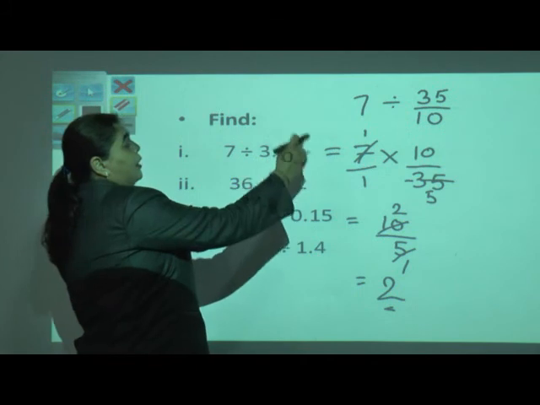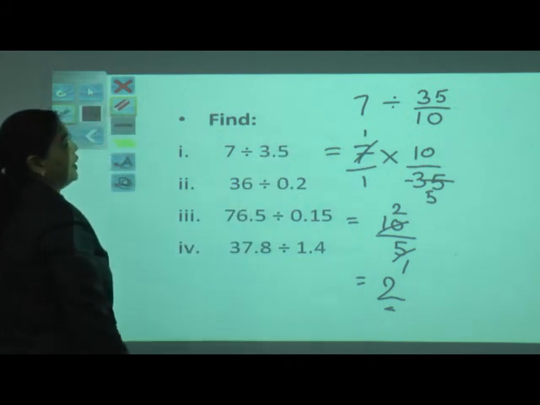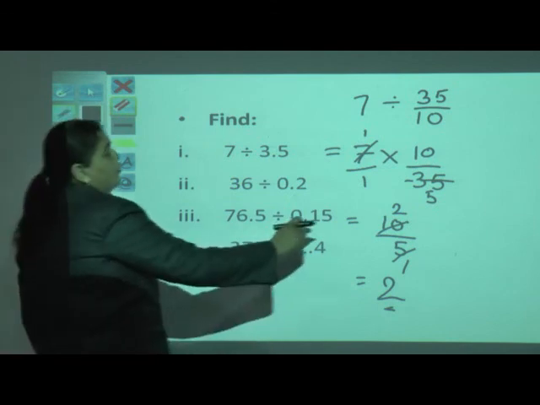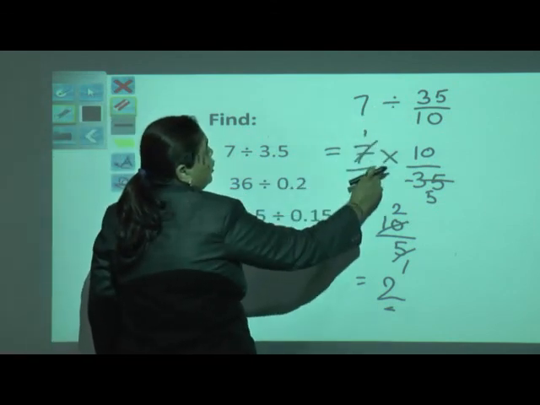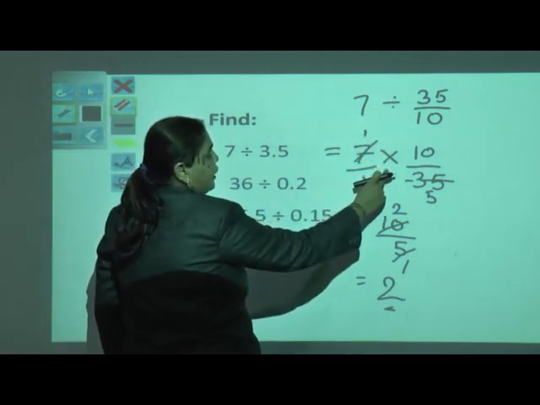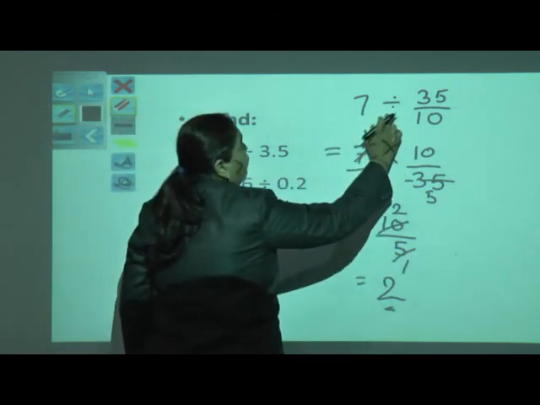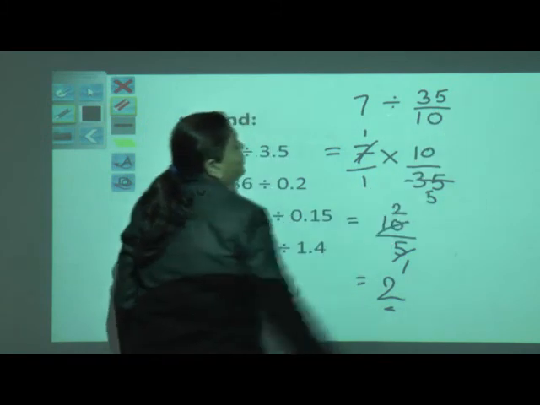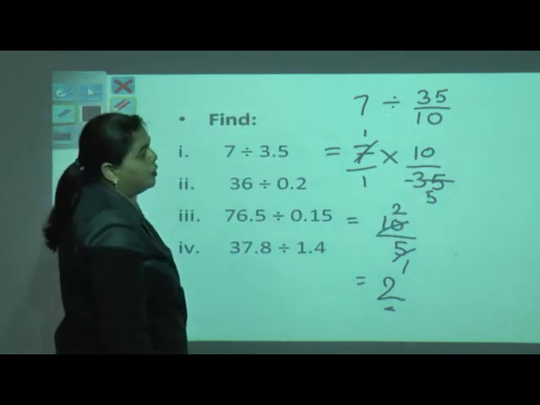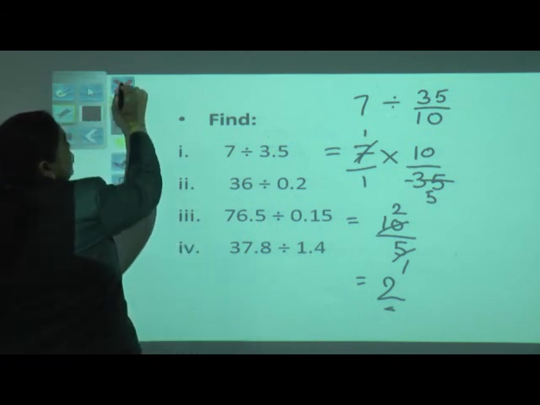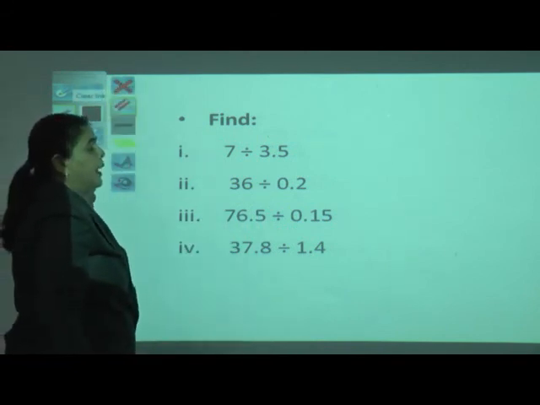So one by one we have to do the steps and try to solve. Please don't forget, when it is a division and you are writing it in multiplication form, it should be done with the reciprocal of whatever number comes after the division sign, whether a whole number or a fraction. We will go for the second example.